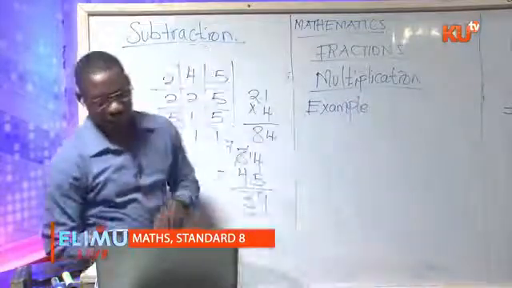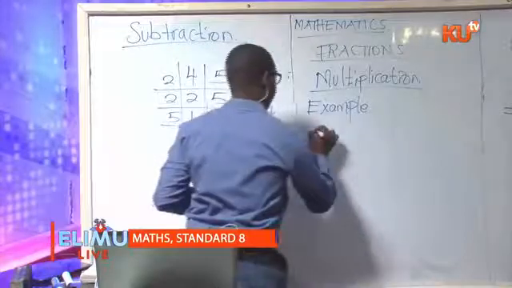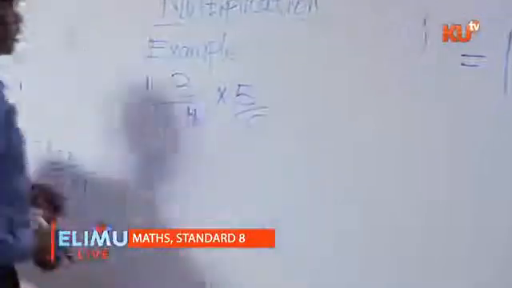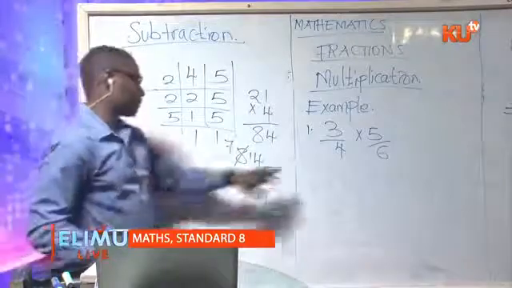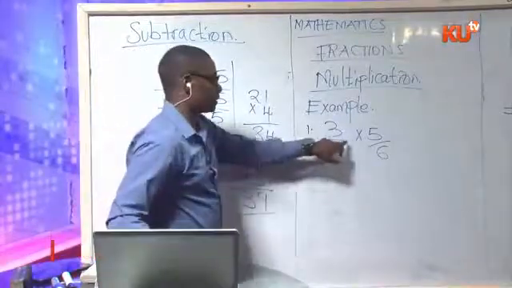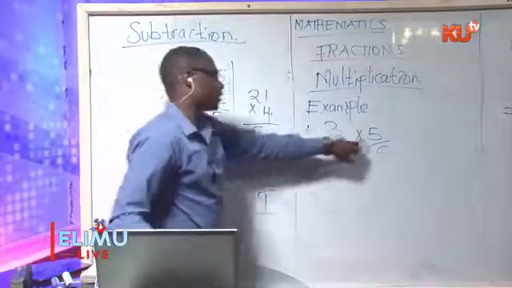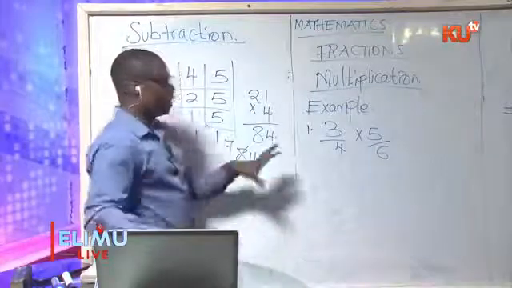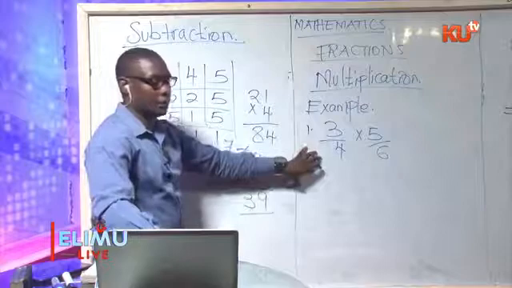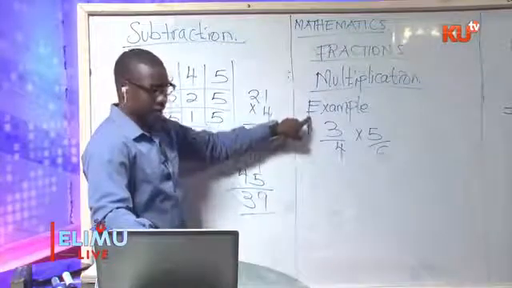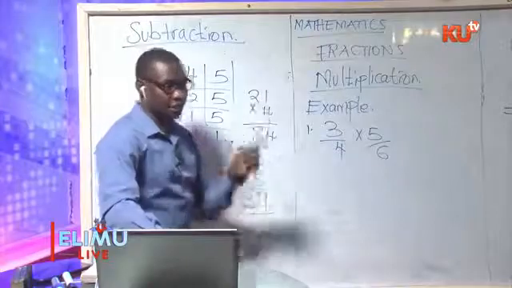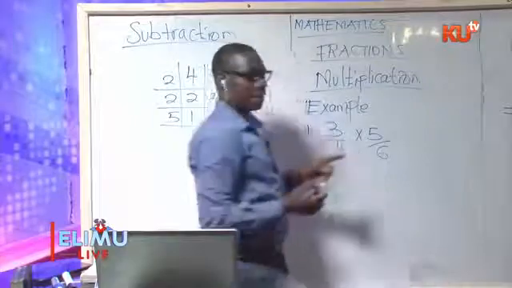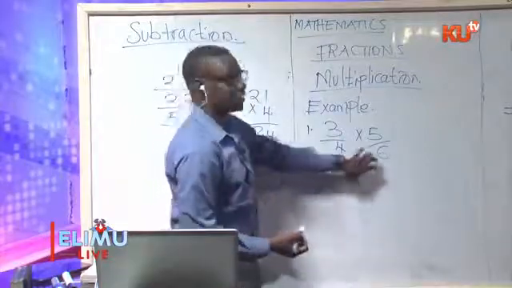We can have an example like 3 over 4 times 5 over 6. When we are multiplying these fractions, we look at the numerators and denominators and simplify. Remember, we have already looked at simplification of fractions. We look at whether any number divides into both a numerator and a denominator, then